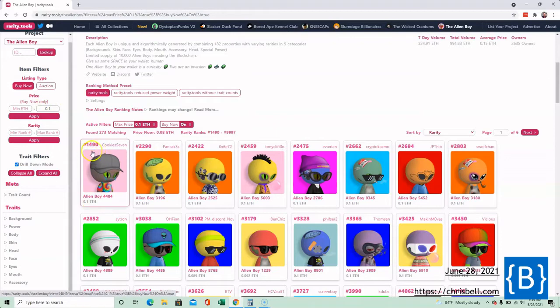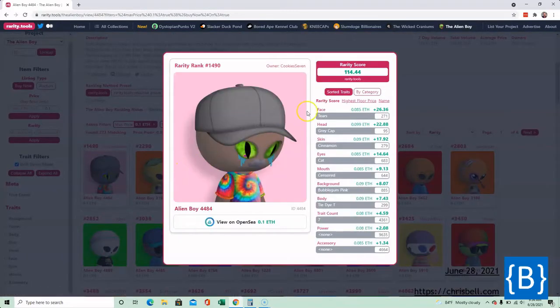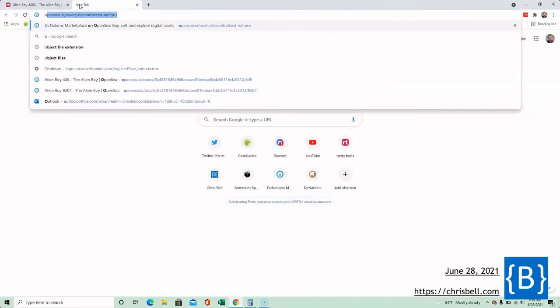You can buy, the rarest one is 1490 out of 10,000, and when you click on it, it shows you why it's the rarest. The face is the most rare part about this, the tiers, and then the next thing is the head with the gray cap. So the gray cap is fairly rare, and if you look at it on OpenSea